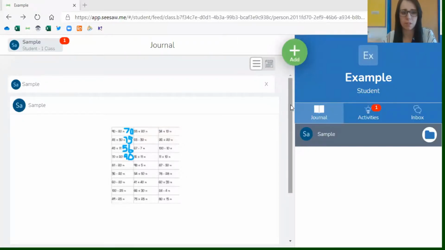I'm going to explain how to use Seesaw, which is an online learning platform that we are using due to remote learning. This is the initial page the children will be presented with when they log in. They log in using their home learning codes, which gives them a QR code, or they can type in the